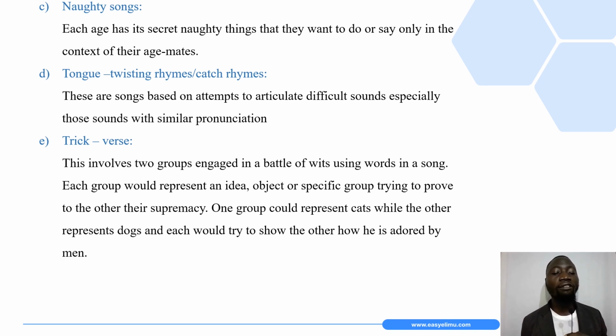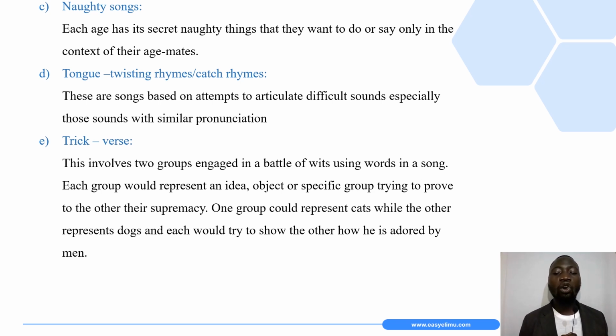Trick verse involves two groups engaged in a battle of wits using words in a song. Each group would represent an idea, object, or specific group trying to prove their supremacy to the other. So one group could represent cats while the other represents dogs, for instance, and each would try to show the other